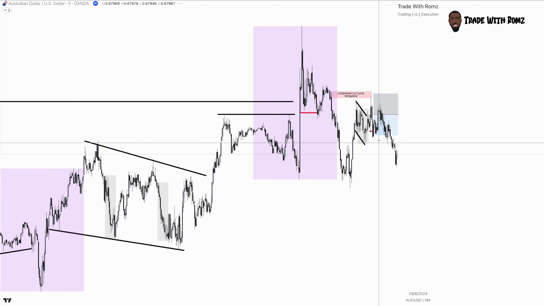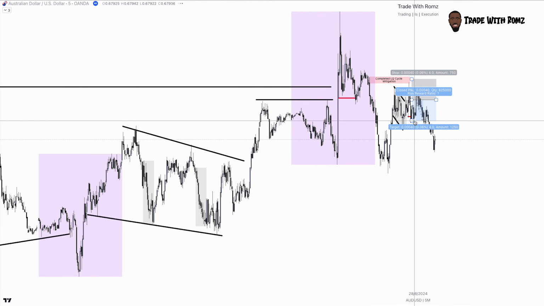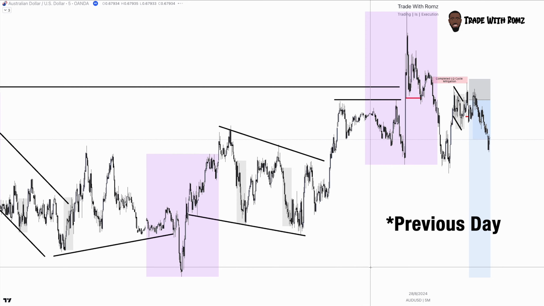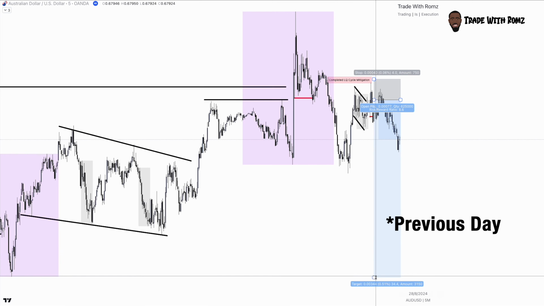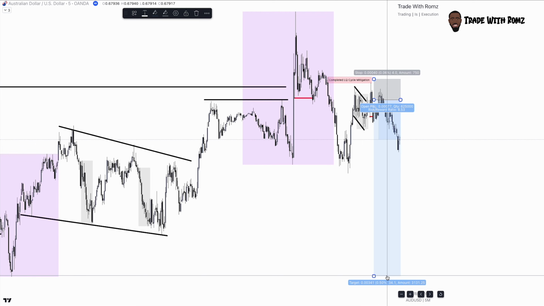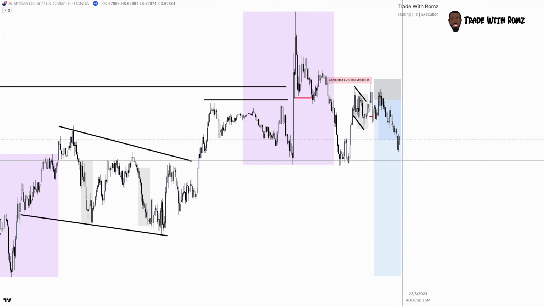At this point, I knew the position was good. I'm in a good place, and then I was targeting. Initially, I was like, let me go for the Asia low of the following day. But then I was like, maybe I can even just go for this low here. But then I was like, let's just see how price plays out, and then we'll take it from there. So Asia low from the previous day was my ideal target. But again, you can have your targets, but it doesn't mean it's going to get there. So you have to just monitor price on the way there. So that was my first position.